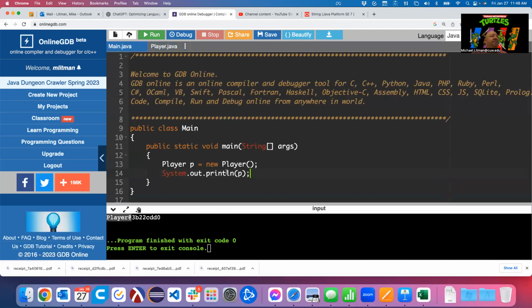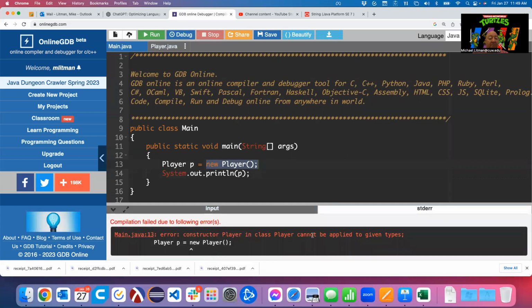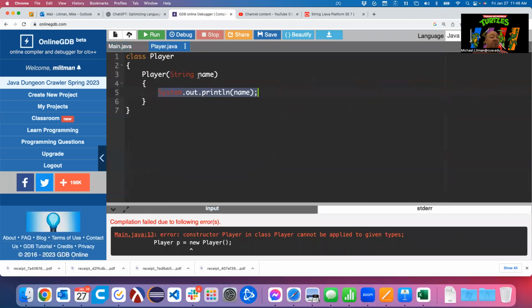So now when I come back to main and I run this, I'm going to get an error. Notice I'm calling that no argument constructor. That existed a minute ago, right? It only existed because I didn't write a constructor myself. Now that I have written a constructor, it's no longer going to provide me a no argument constructor just to make this syntax work. It's going to yell at me and say, hey, there is a constructor in this class, and you didn't call it right. It can't be applied to nothingness because this constructor requires a name, a string.